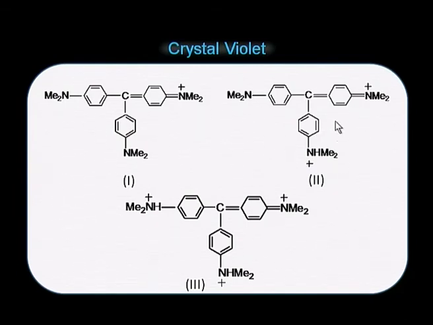But when we come from a doubly charged ion to a triply charged ion, the color reduces. The reason behind it is that the triply charged cation is not stabilized by resonance, whereas the doubly charged and the singly charged cations are. That is why this has lesser color compared to the doubly charged ion and the singly charged ion.